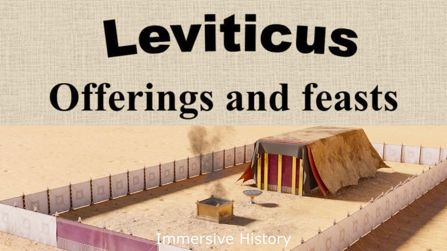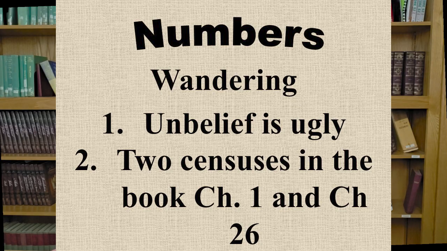The next book of the Bible is Leviticus, and Leviticus contains the prescribed Mosaic offerings within the tabernacle, which would later be the temple. In some Jewish traditions, the book of Leviticus is called the book of the priests. The book of Numbers is the fourth book of the Bible, and it begins and ends with a counting of the people. Although God has used both Aaron and Moses to lead the people of Israel to the promised land,